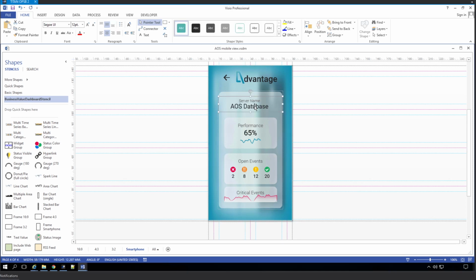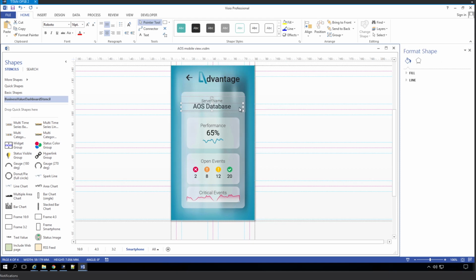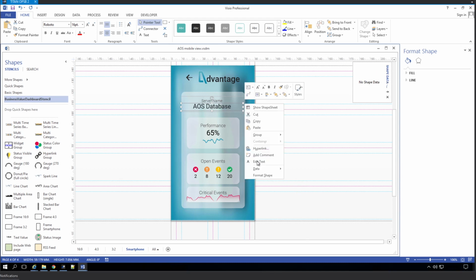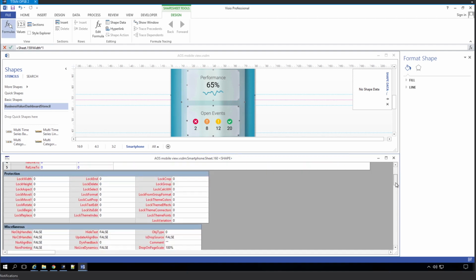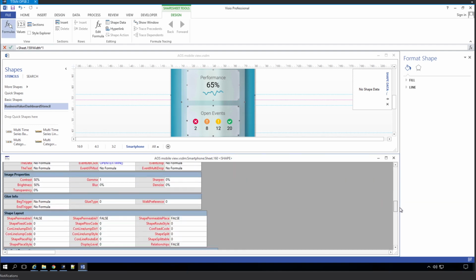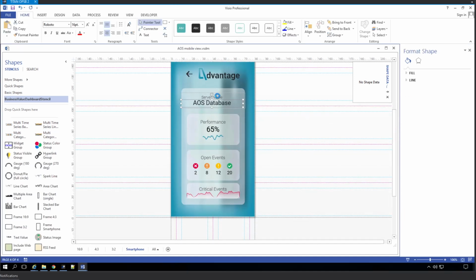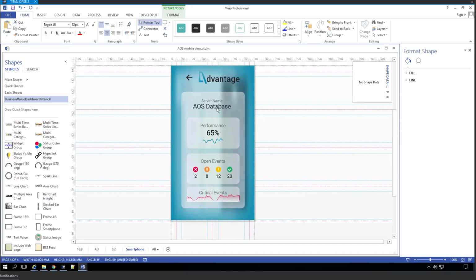And I guess that this thing, what kind of shape it is. Let me see if I can use it as a shape. So maybe there is shape data. Oh, come on, not shape data. Data, shape data, define shape data, show shape sheet. Okay. I just want to see what it is. Is it a BVD widget or not? Probably not. I think it's not. So I'll just grab one of those text value widgets over here,